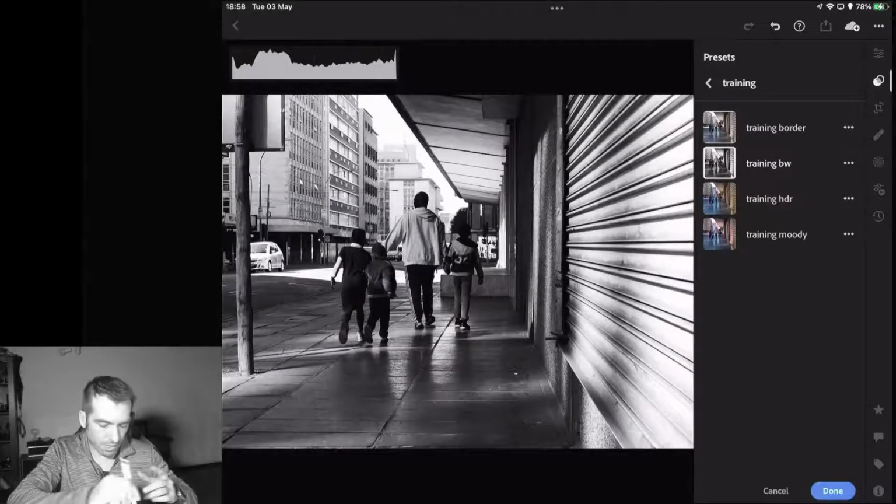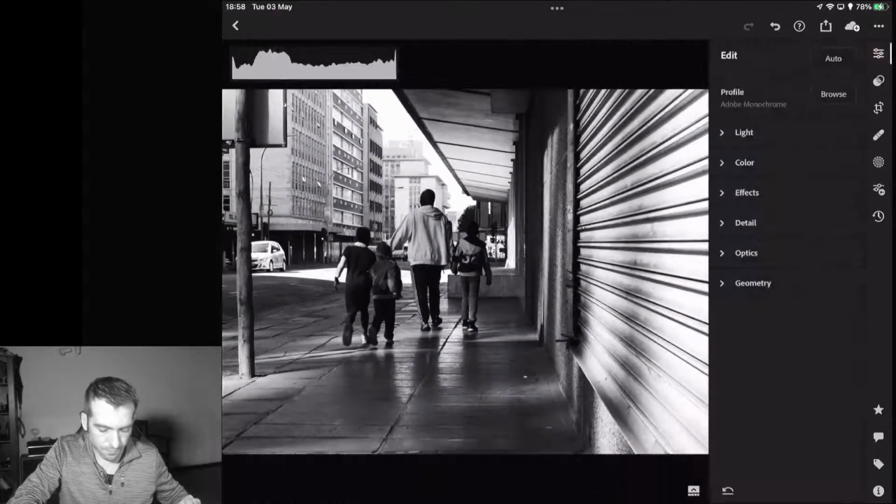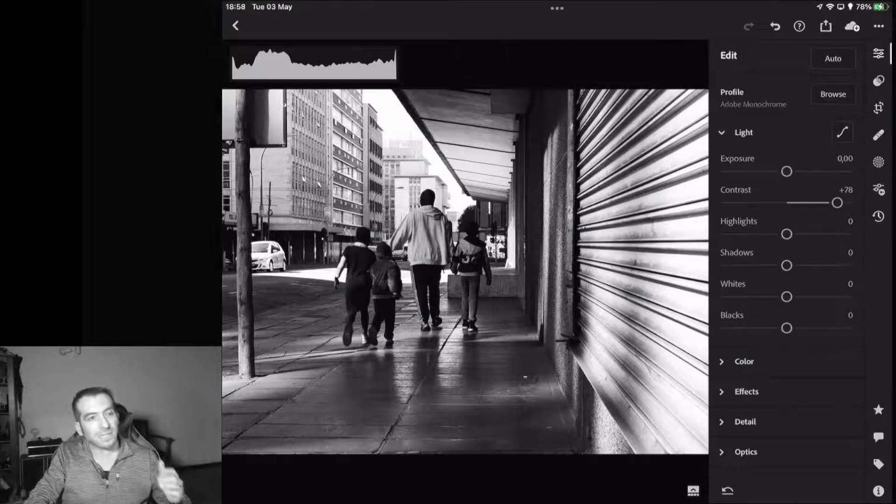One thing that I can tell you, if you're an advanced Lightroom user, and I do this pretty often, there's an auto button in Lightroom where it will just do things, move some of your color sliders, like your saturation, and then basically all of your light sliders. So let's have a quick look at my iPad again. If we look at my iPad and we go to edit, so these things under our light panel would be affected by the auto button. So the auto button is here, and it will move these things to where Adobe thinks they should be,